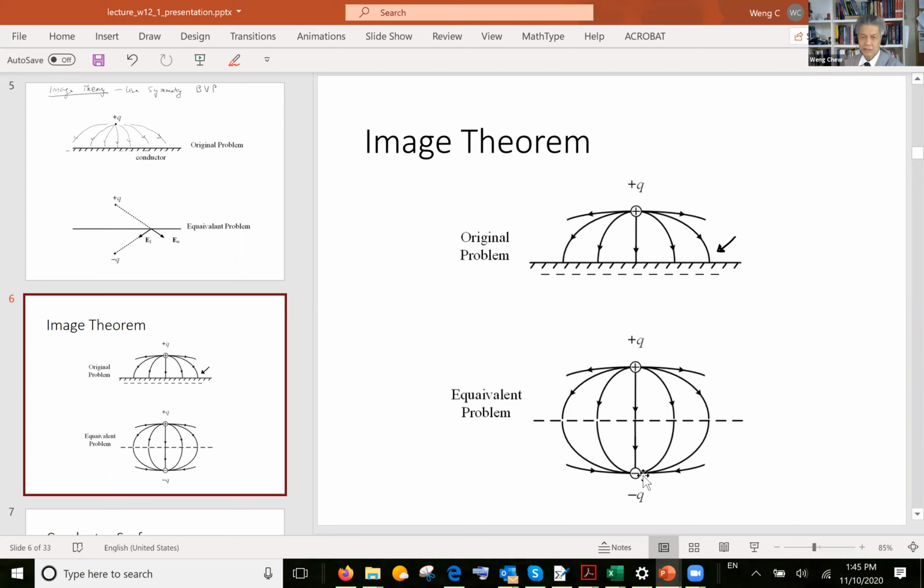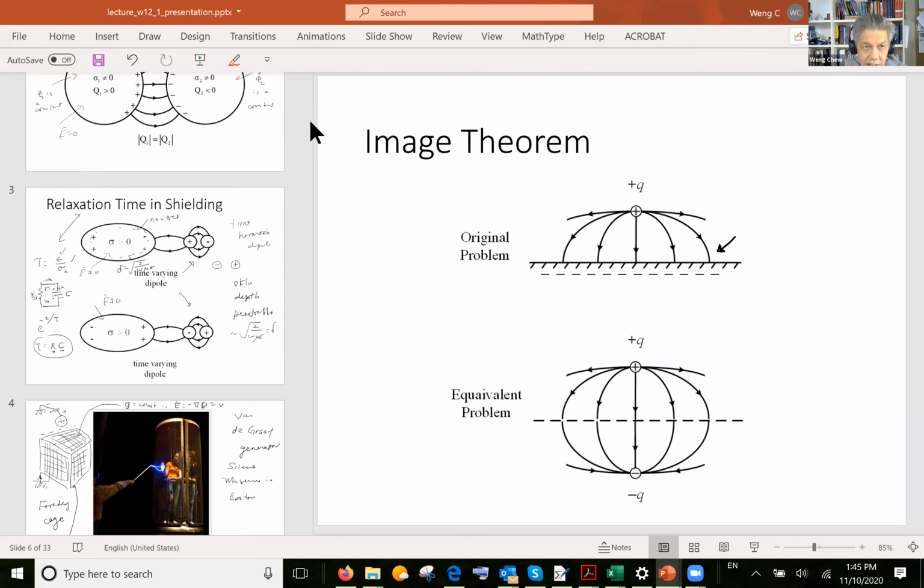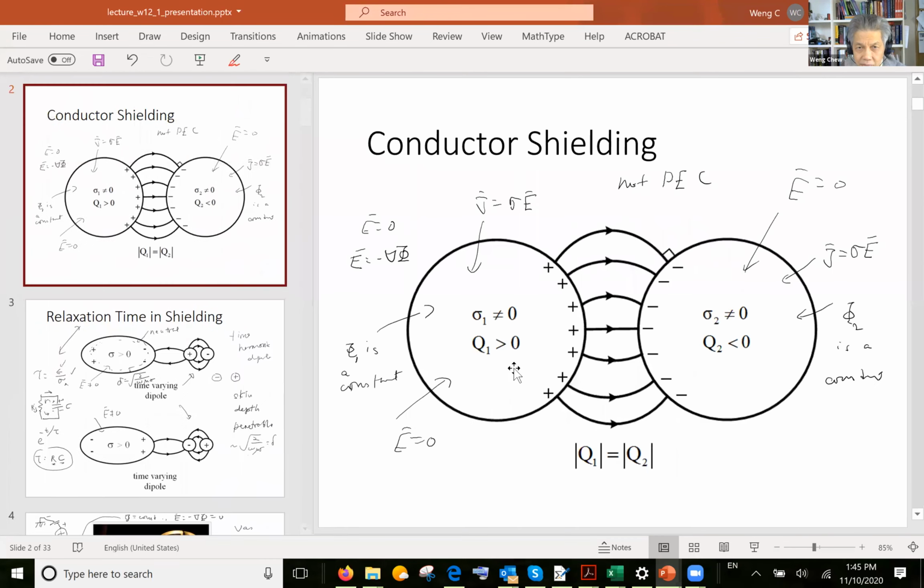By symmetry, the electric field must look something like this, and the electric field does not have a tangential component at this interface. So by symmetry argument, you can put a negative charge at the bottom, and N cross E has to be 0. I forgot to mention that in this problem, N cross E has to be 0